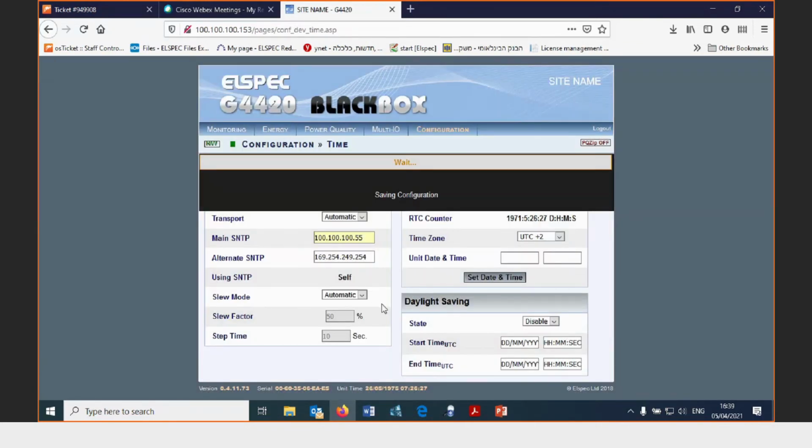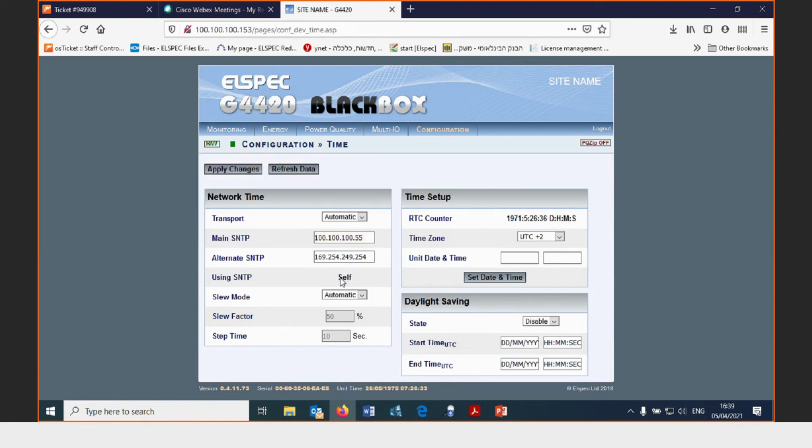Now it takes a few seconds. You will not see the indication immediately turn from self to main. But once it recognizes it, it will change to main. And as I explained, you have also a backup. So in case this one will not be available, it will use the second one. So far, it's good? Good. Okay. Let's see, maybe this gets updated